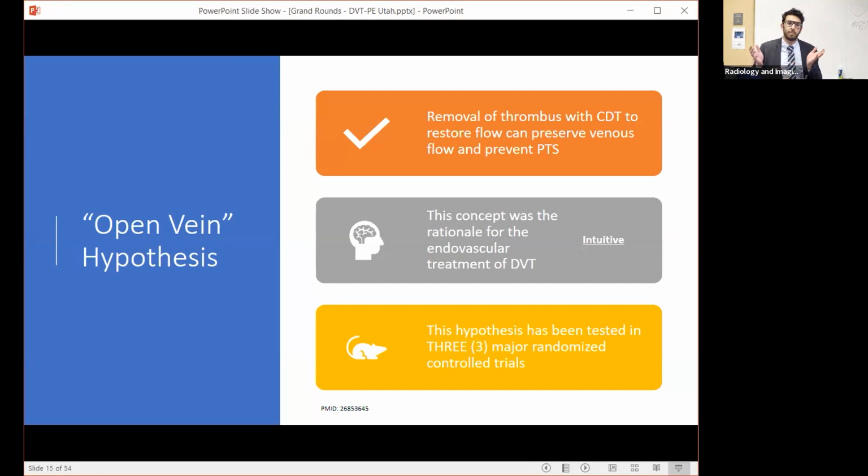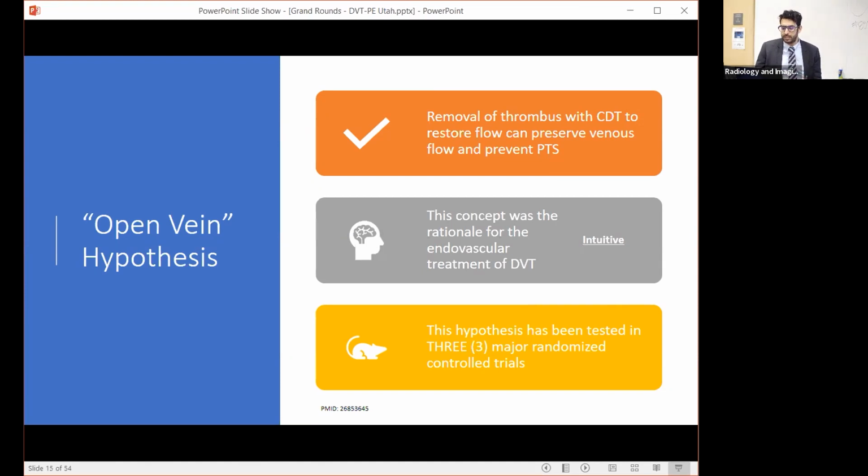It's like, okay, well, if you have an occluded vein, if we could take all the clot out and we can open the vein, aka the open vein hypothesis, we can actually save the vessel from scarring and prevent PTS. And so this was really the rationale for why we do endovascular treatment for DVT. And it's still the reason why we're really primarily treating DVT, is to prevent PTS, and behind this concept of